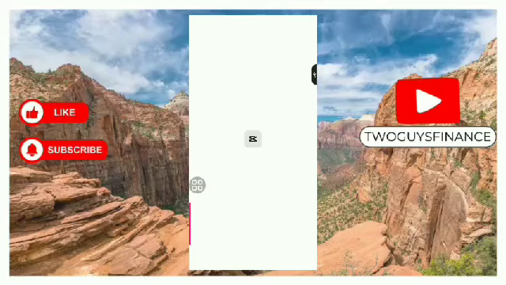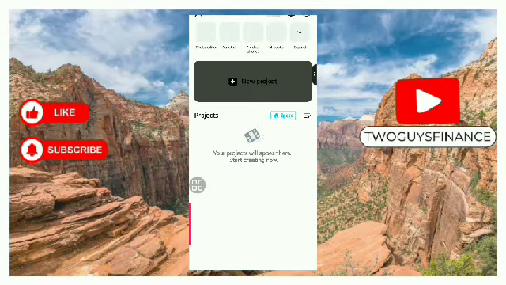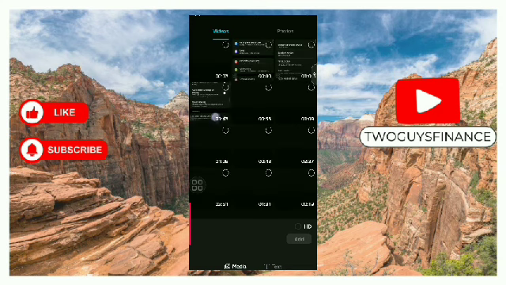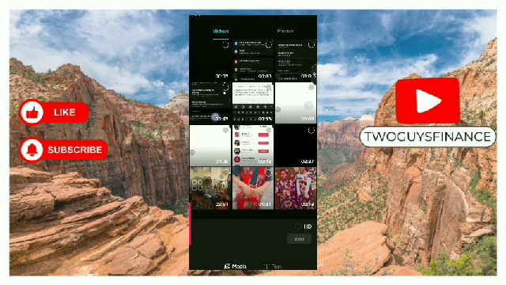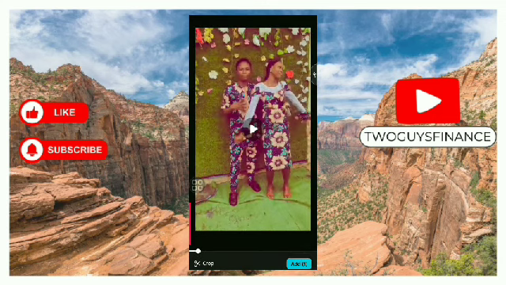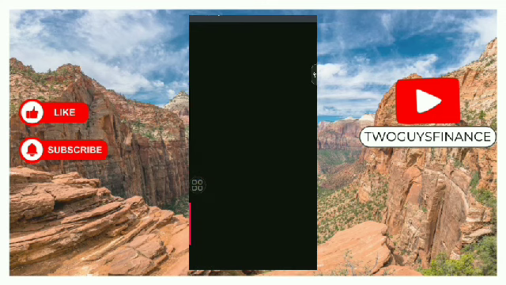Hello everyone, in this video I'm going to walk you through how to convert video to audio in Capcut. So you open up your Capcut, tap on new project, so let's say this is a video I want to convert to audio. Tap on it, tap on add, it's loading,